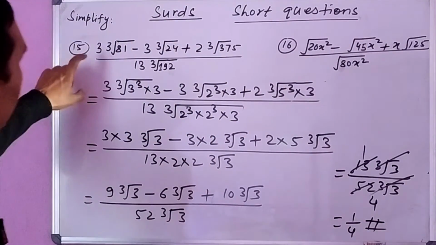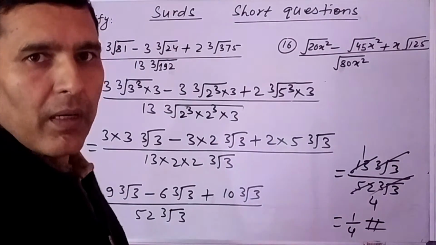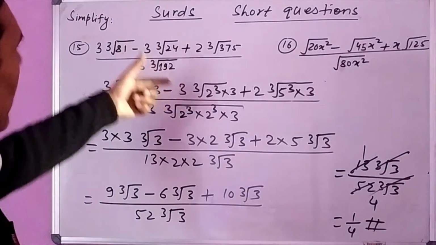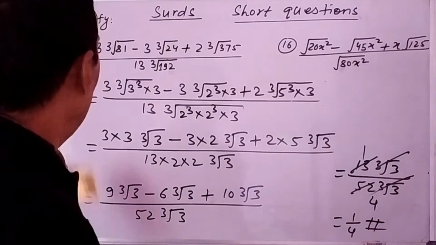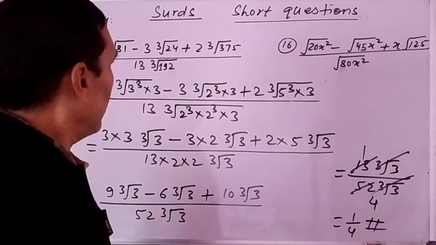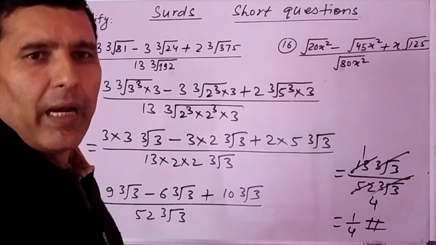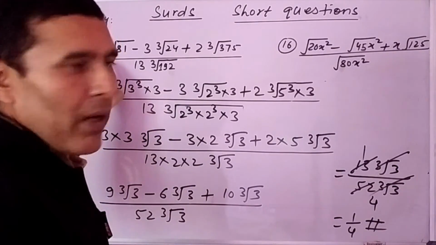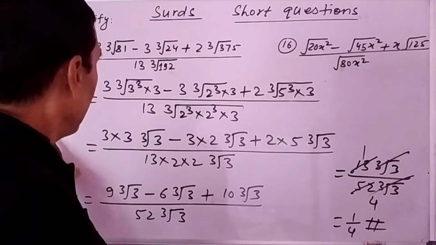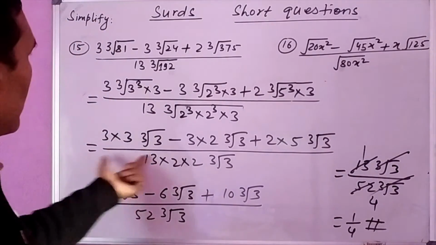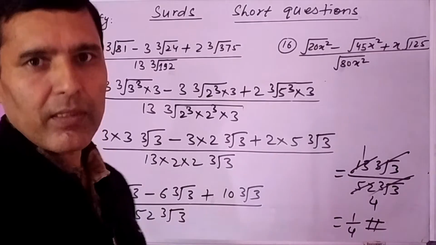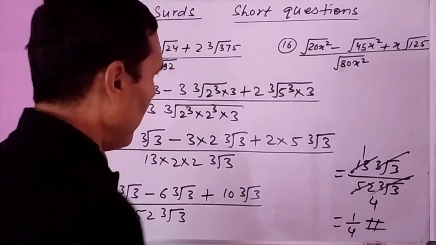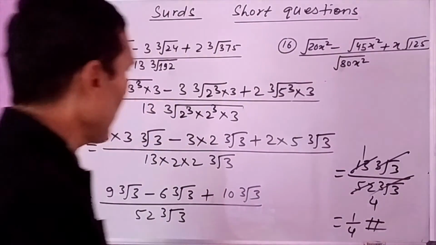So this type of surds can be simplified like this. For every surd, look here now. We get the prime factors of the radicand, and we try to have the power of the factor of the radicand equal to the order. Whichever factor has the power equal to the order comes out. After doing this, all surds will be converted into like surds, which can be simplified, added or subtracted in a very easy way. You got the answer here.